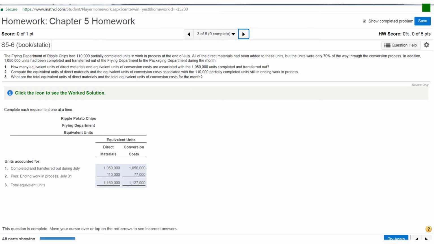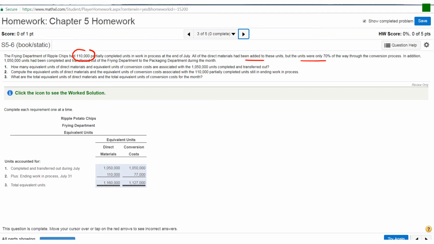Okay, Chapter 5, homework problem number 3. This is another equivalent unit problem. We've got the frying department of the Ripple chips. It says they have 110,000 partially completed units in work in process at the end of July. All of the direct materials had been added to these units, but the units were only 70% of the way through the conversion